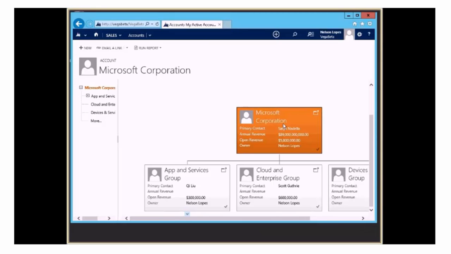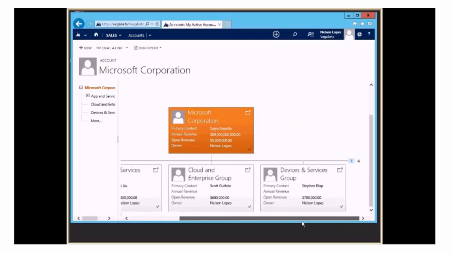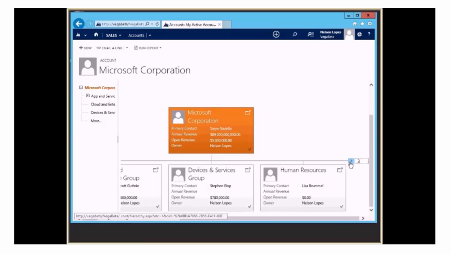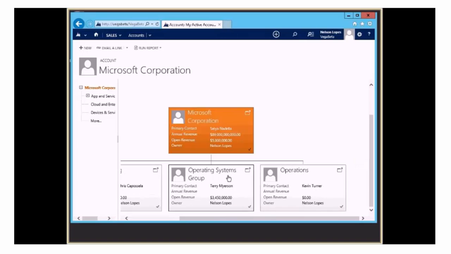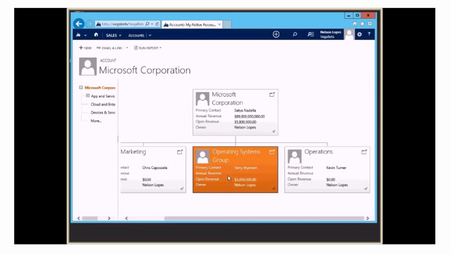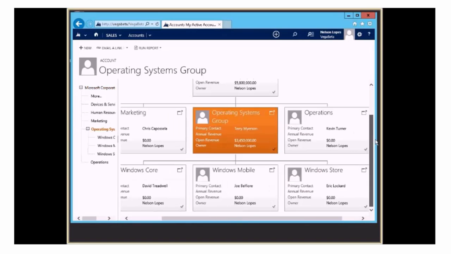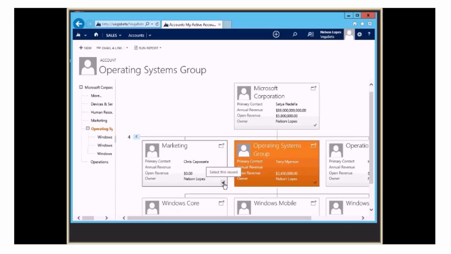In this case, it's Microsoft, and all the different business divisions like Application and Services Group, Cloud Enterprise Group. As we scroll to the right, we have a little arrow here with a number that counts down in terms of the remaining tiles within the hierarchy. Under Operating Systems Group, if we go ahead and select that, it breaks it down further into three other divisions: Windows Core, Windows Mobile, and Windows Store. Now you can go ahead and select